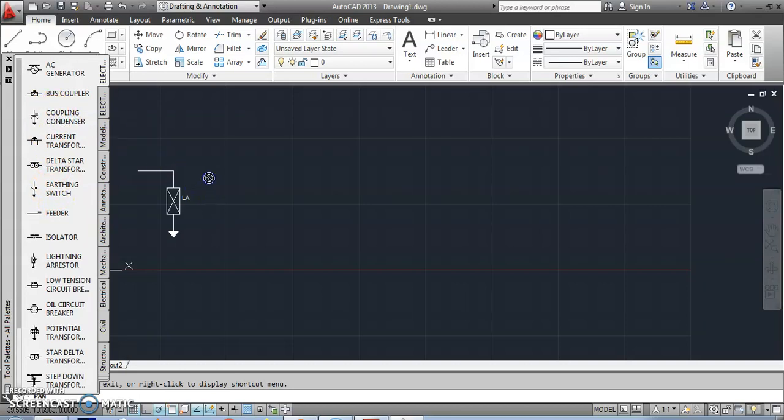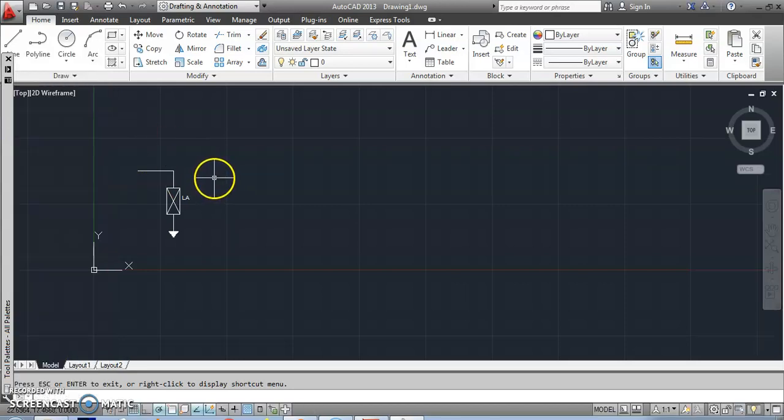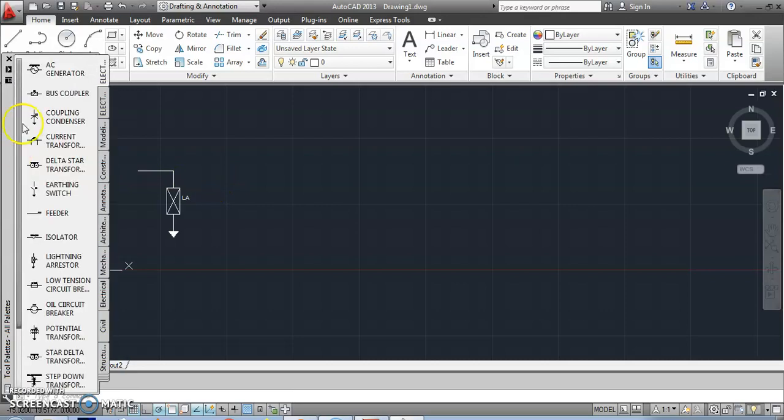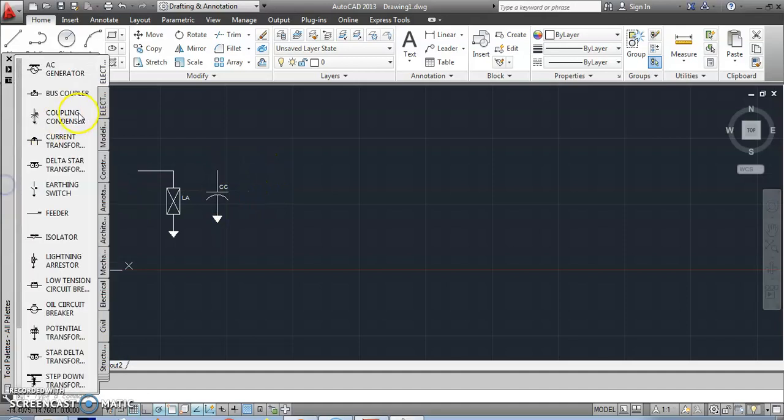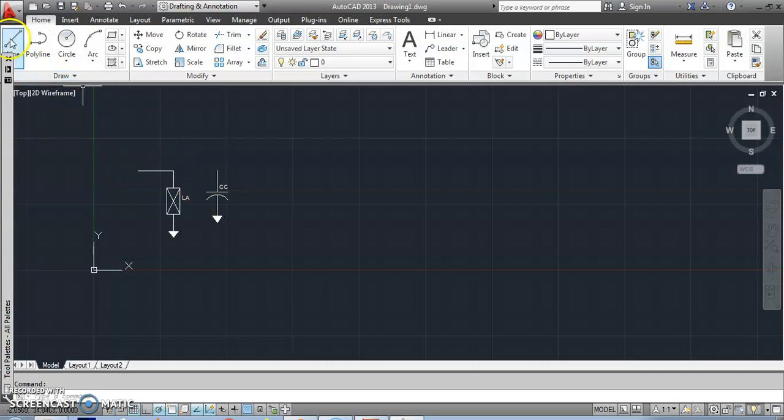Just left click it and I think I have pressed pan command, so escape it, come out of it. See, I have brought coupling condenser here. Okay, anyhow I need to connect it.